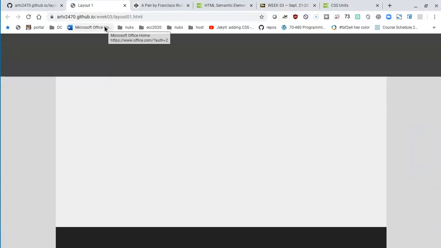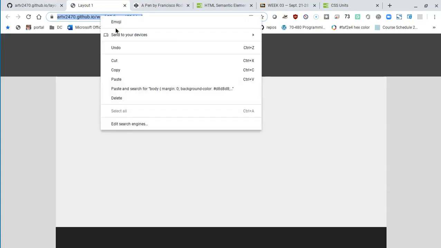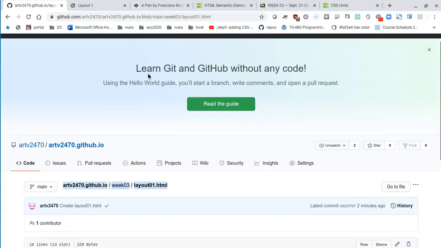If you have a cell phone nearby and you have a browser you can operate, you can go to this website. Go to your username.github.io/week03/layout01.html, because I trust that you saved the names like this, and check it out and see what happens on your phone. Now that I have this selected, I'm going to copy the URL,